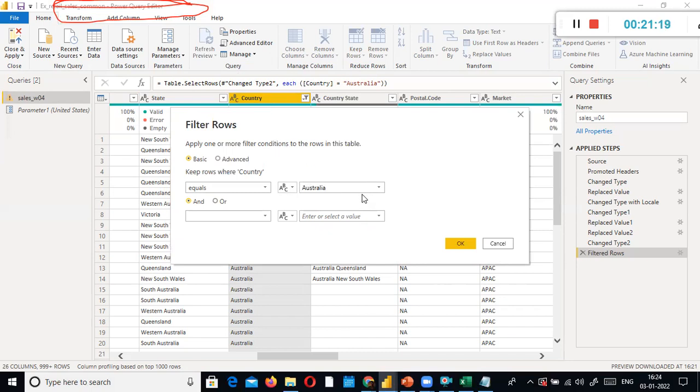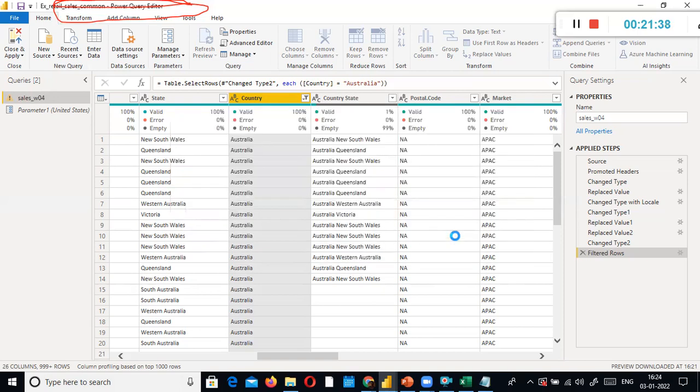I don't want to hard code it here. Instead, select parameter. Whatever value the user enters when it prompts, that value has to be passed here as an argument. Now you understood, right? So when you click, I'll just say click OK.